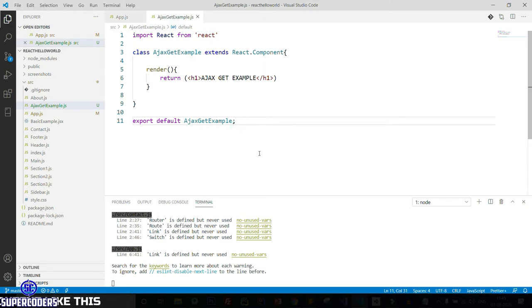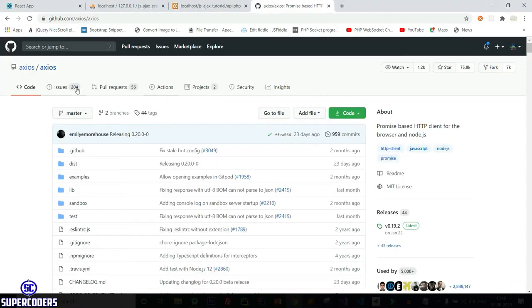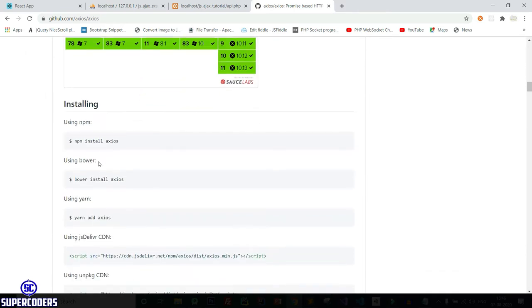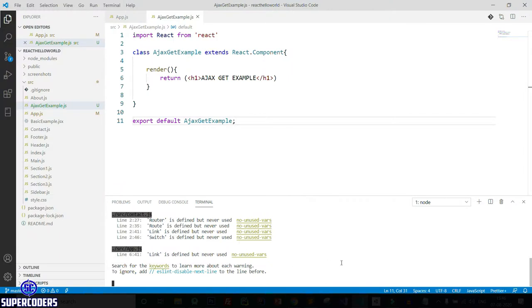Now let's do one thing, import a library, which is Axios. You can install this Axios library in your project simply by npm install axios. So copy the command. Now again come back to VS Code, then type Ctrl C, so our project will close.